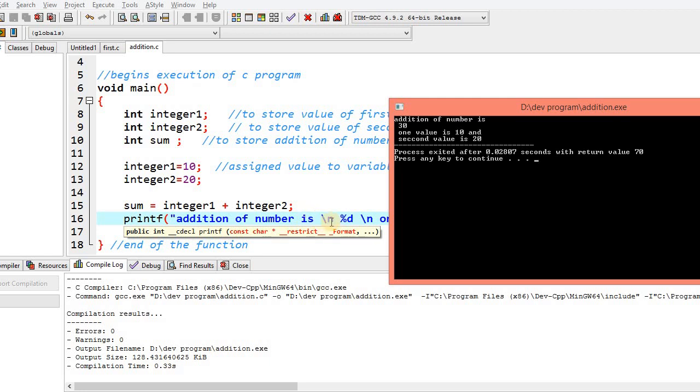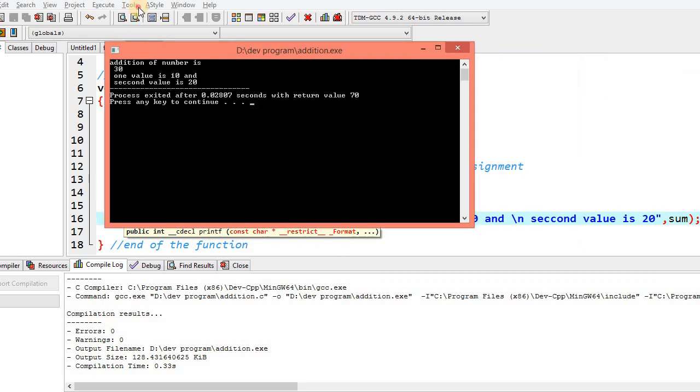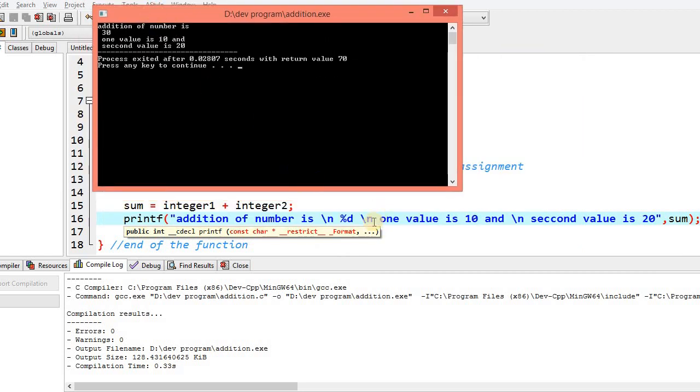That's why it is on a new line. After that, there is a second \n. One value is 10. That's why this sentence is written in the third line. And after that, we have added another escape sequence to add a new line. That's why the second value is 20. It is printed on the next line.